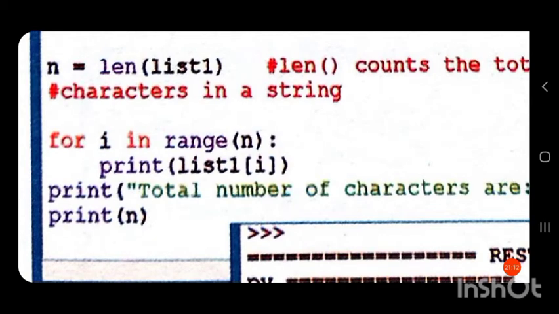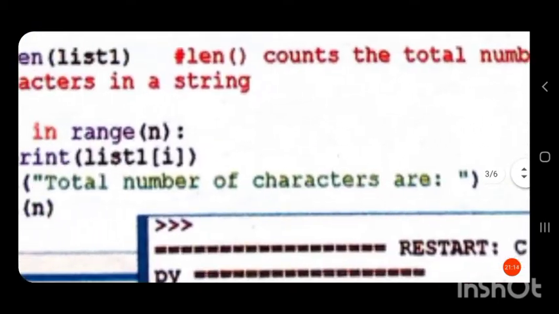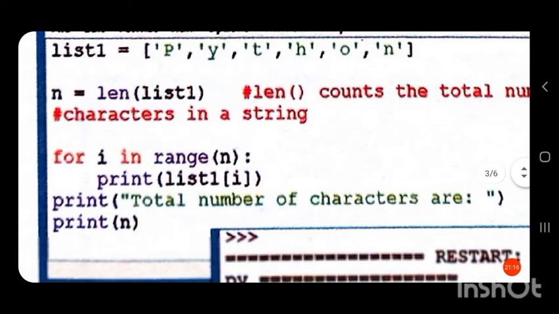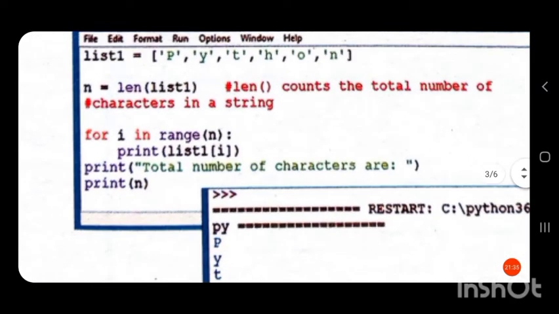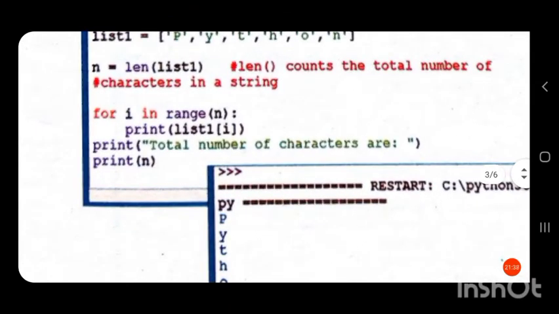We know that i has the value 0, so list1[0] will print the element at the 0th index of list1, which is P. So it will print P.